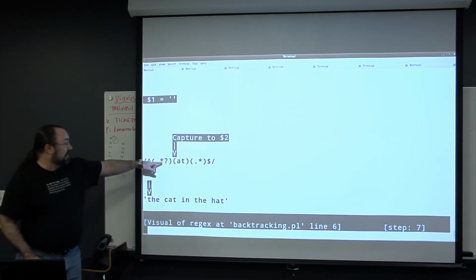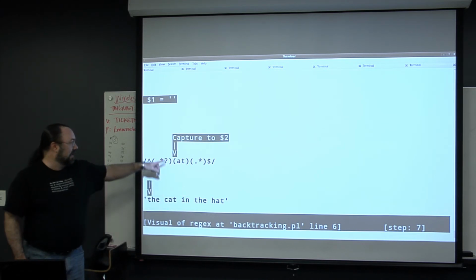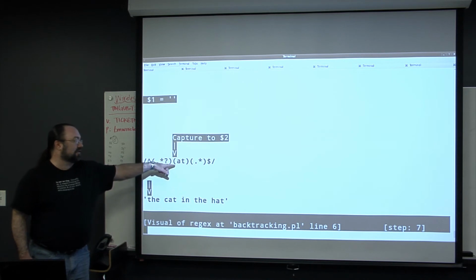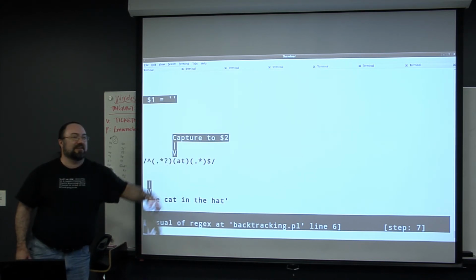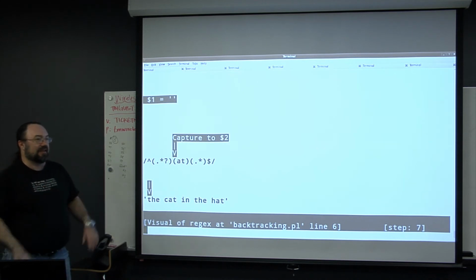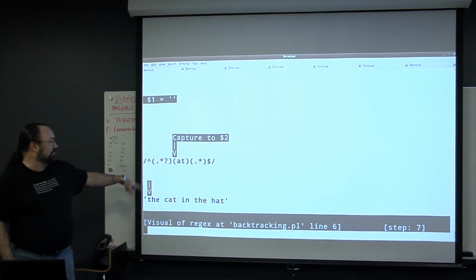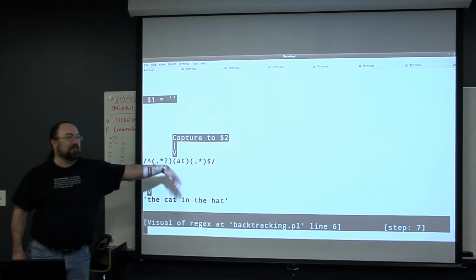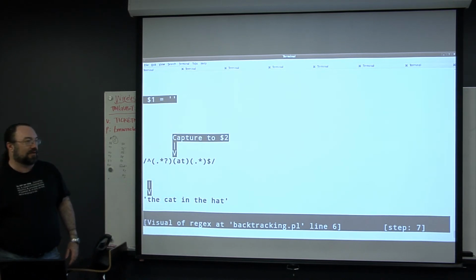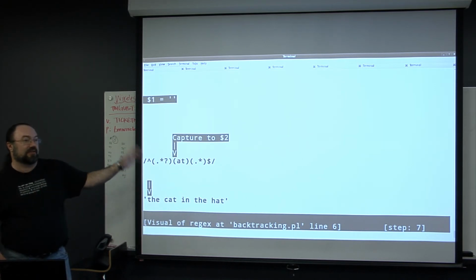Now you noticed, by now, it had already grabbed the whole string the last time. Now it's stopping because of this question mark and it's going, oh, let me be polite and let me see if anything else after this matches. Rather than me being greedy and gobbling everything up, I'll be lazy. So far it's matching the T, but then it's going to say, let me see what the rest of you can do. And it says $1 is an empty string. Okay, yeah, that's true. Actually, because it doesn't match the T until it sees if the rest of it matches.